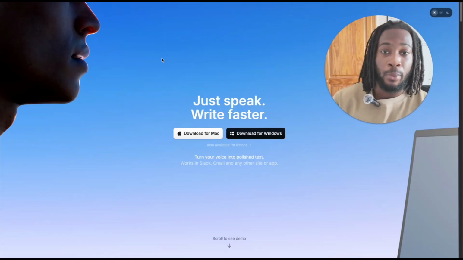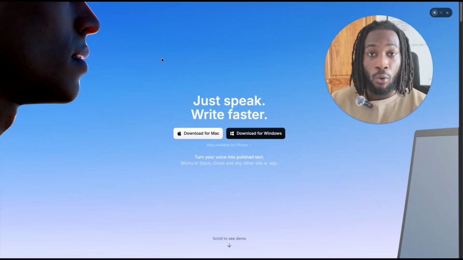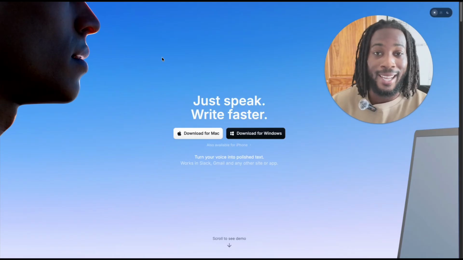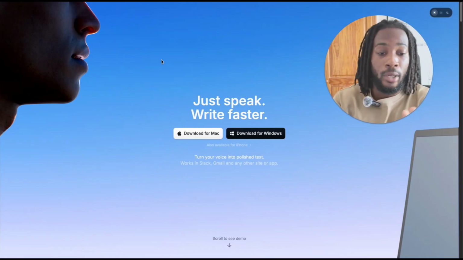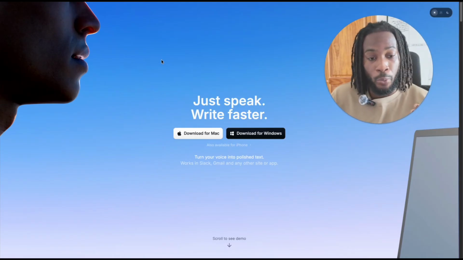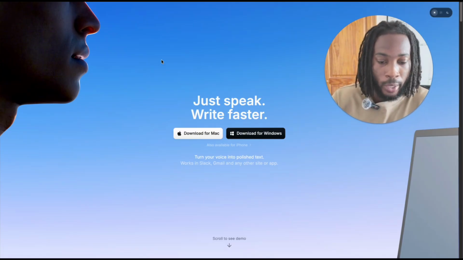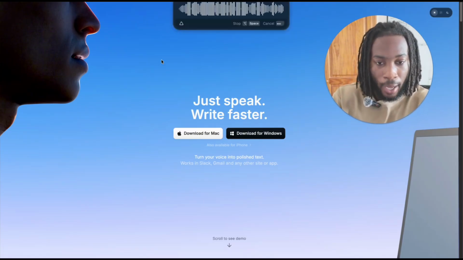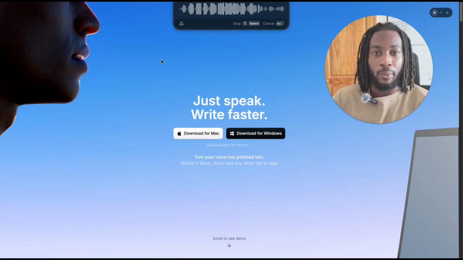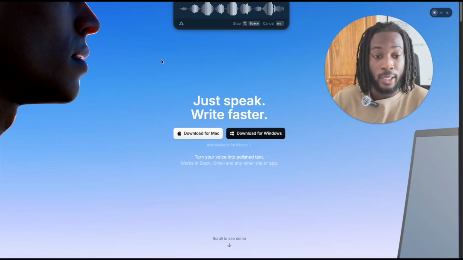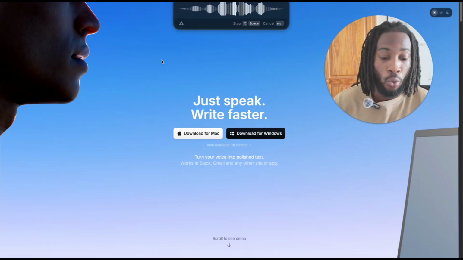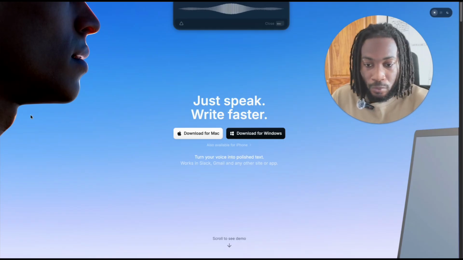So this is Super Whisper, and it's a way for you to express your thoughts and any form of notes that you want to take at the fastest way possible. There's so many other ways, but me personally, I just use Super Whisper. My friend referred me to it a long time ago. So what you can do is you'll hear something pop up. That right there. Now that I've downloaded it onto my laptop, it will go through and transcribe everything I say right now. So let's say I now go into Claude after this, because you'll see this pop up.